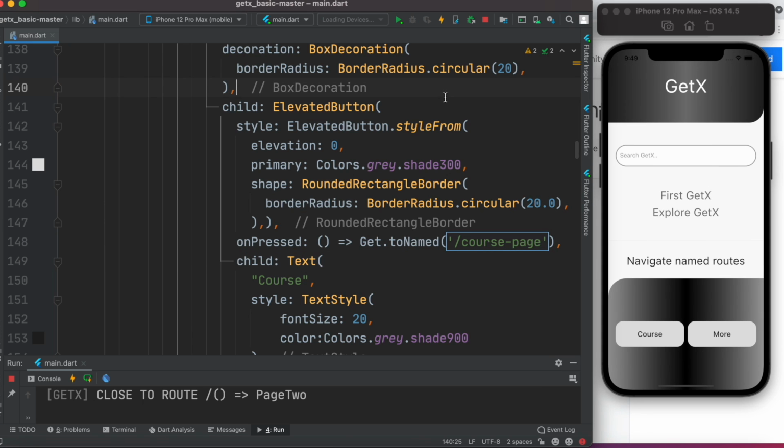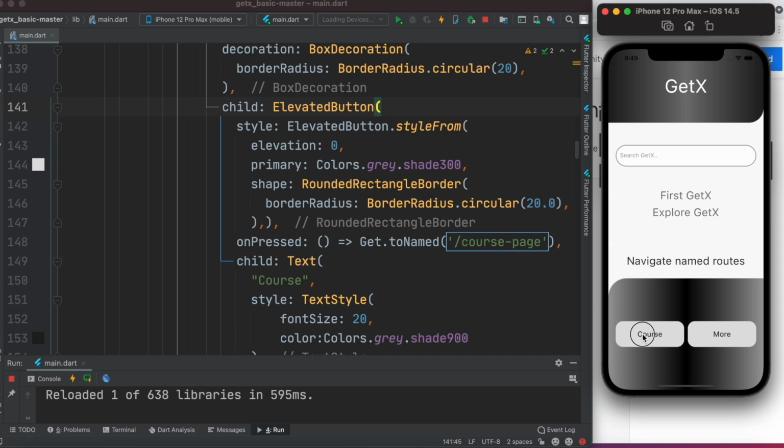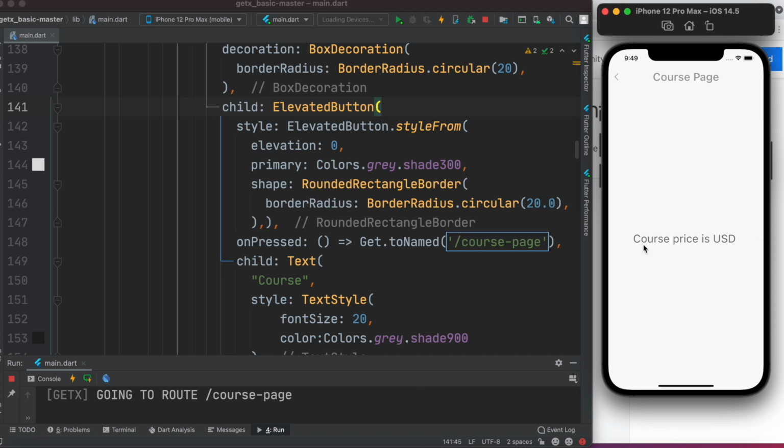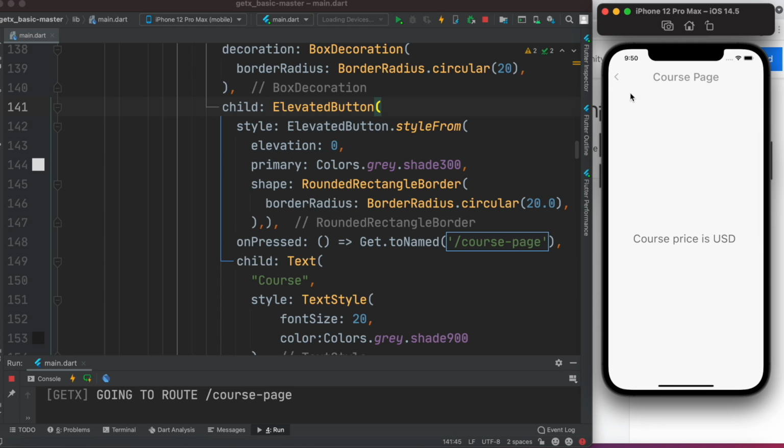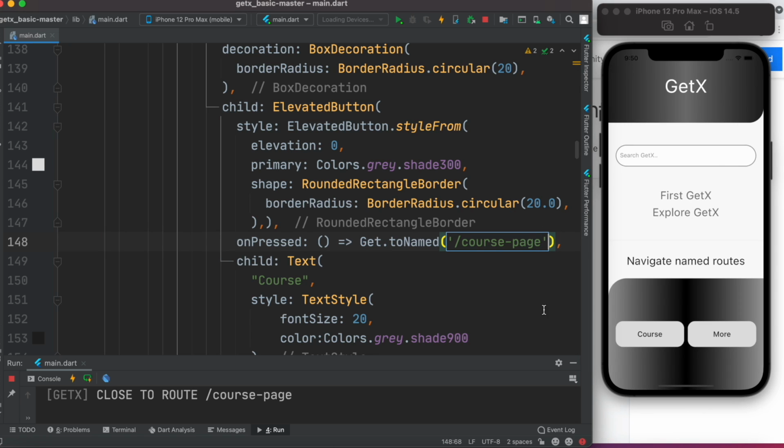Sorry, save. All right, now it might show an error. Let's restart it, because we have a change in the state. So over here, restart it. The course prices, so this is the new one, this is the course page, as you can see from the title. Okay, so over here we want to pass an argument as well, and once again it's pretty straightforward,